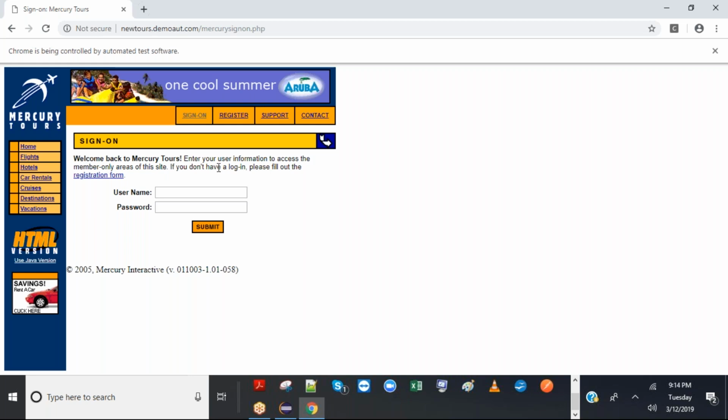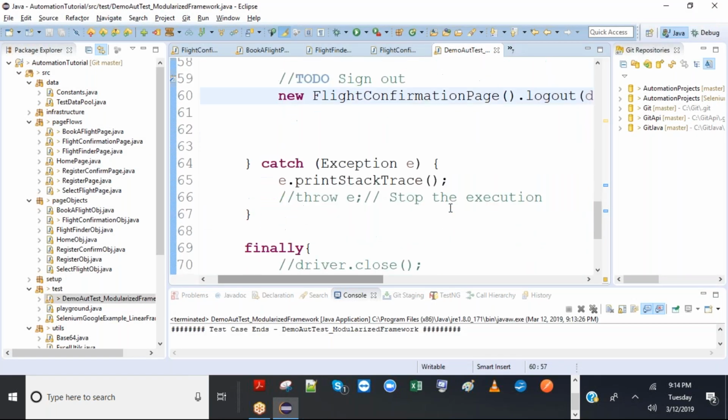All you need to understand is how you use it, how to capture XPath, how to create the code, how to call the infrastructure functions, how to pass the data, and how to take the screenshots. So finally it ended up at sign in. That is the final page. The sign in page is enabled, which means you're signed out. So then we can close the browser. We can also enable closing the browser in the finally block.